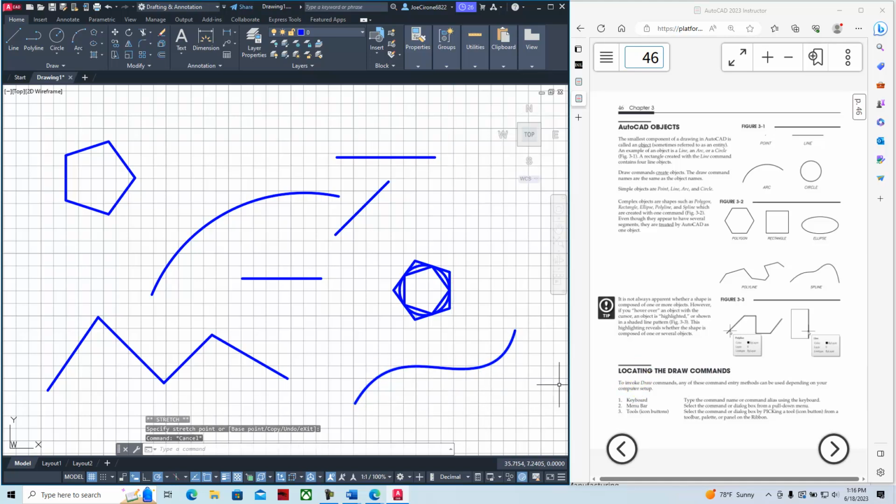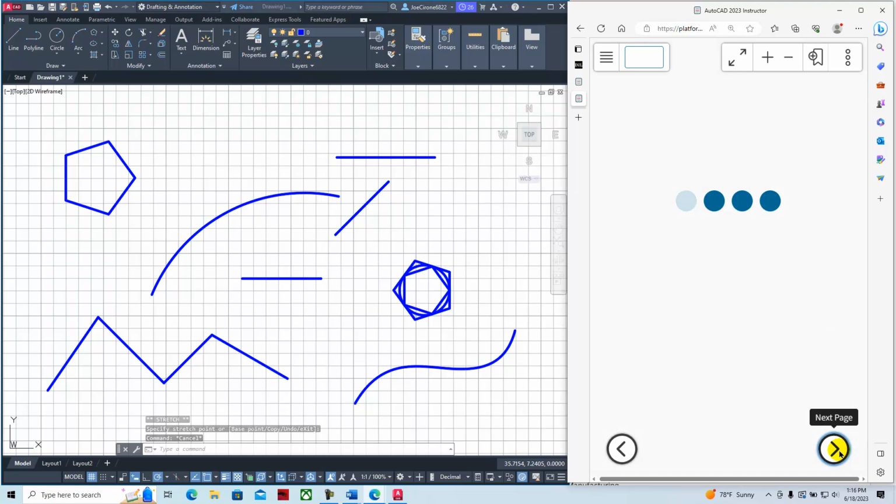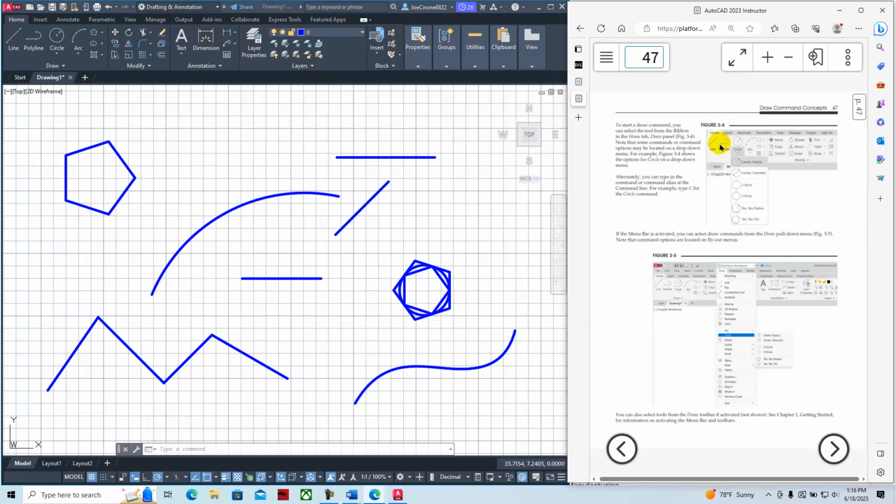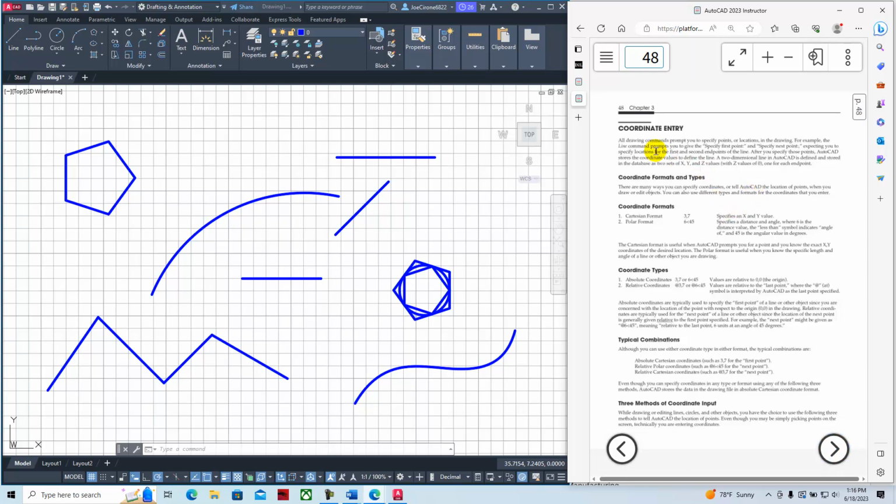All right, continuing. So as we look at these different commands, you'll notice that commands that have a little triangle underneath them will have the options for that command. And so there's a number of different ways to draw circles, number of different ways to draw lines, number of different ways to draw arcs. And so as we go through with these different coordinate systems, essentially we're using